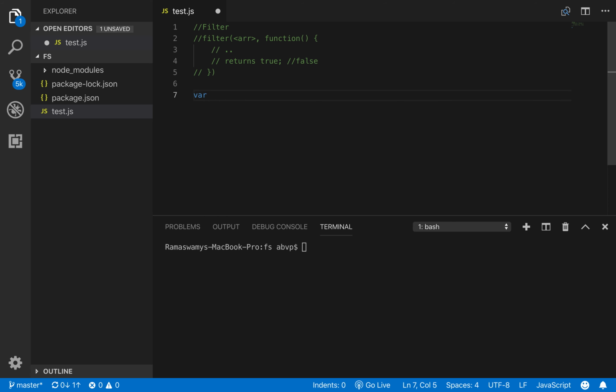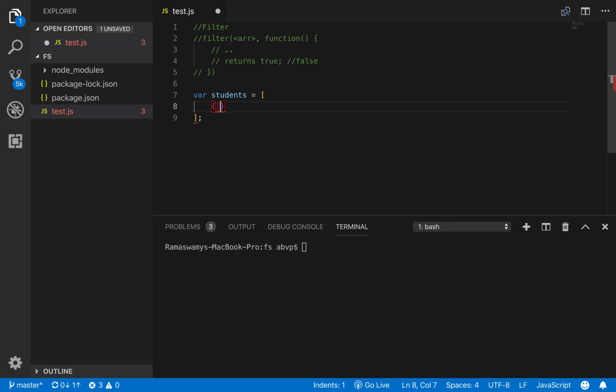So let's create a variable called students, which is an array having student name and student attendance in the form of objects.